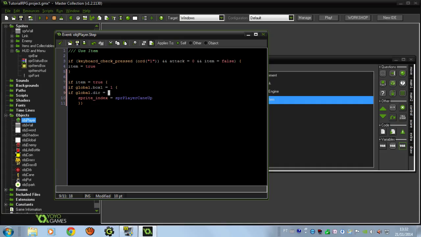Alright, let's do another thing here. I will put image speed equals 1 to avoid glitches, and the image index goes to 0. That's just to avoid some glitches. Okay, for the animation of the cane, start from the first sub image. Alright,